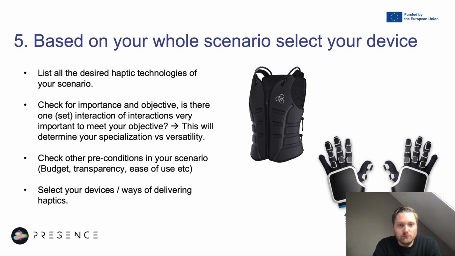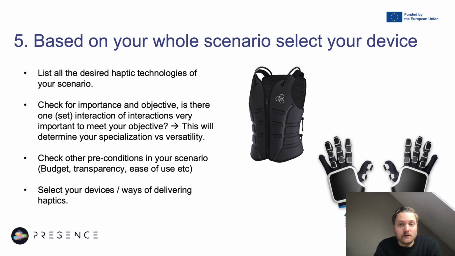And, well, count them. Maybe you have written down 5 times force feedback, 10 times vibrotactile feedback, 1 time temperature feedback, and also check for the importance of your interaction. So it can be that you listed down temperature feedback, but that the temperature feedback interaction is actually not one of your more important interactions. So probably due to budget reasons and constraints of developing, you can get rid of that temperature